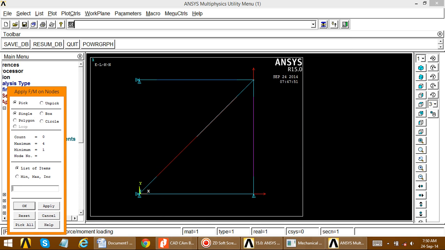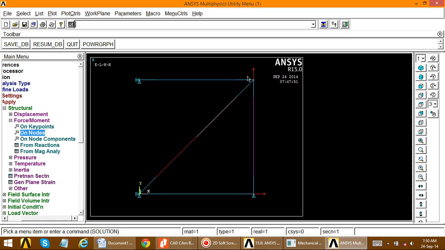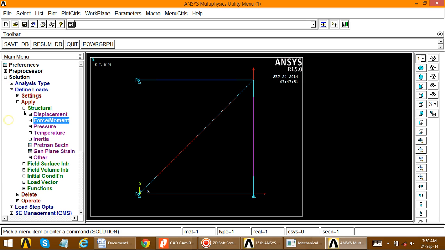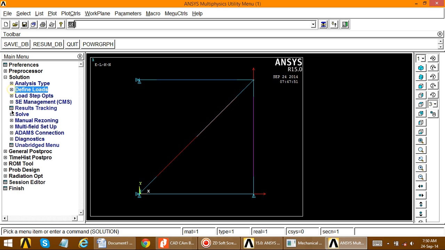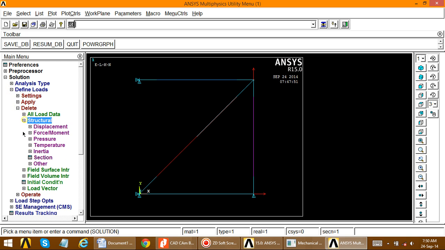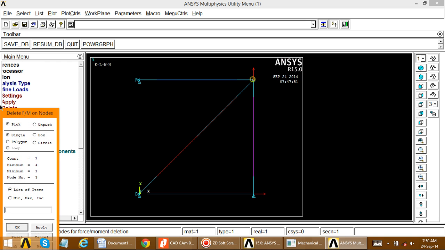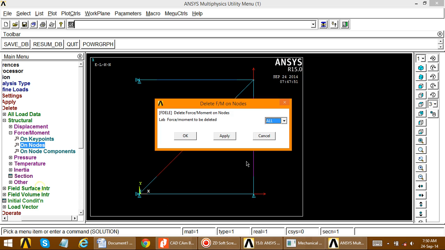Now if you see here it becomes upward. So what we have to do, we have to delete this force and change the direction in downward direction. So just go to define loads, delete structural force moment on nodes. So select this, okay.